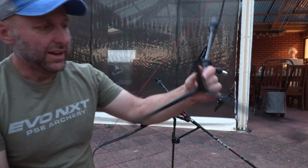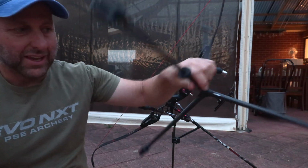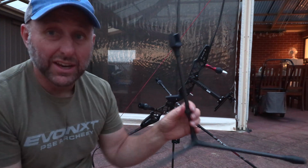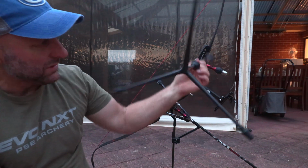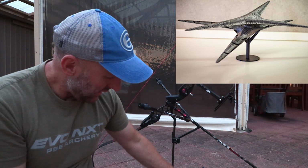Okay, that's clearly an object of beauty. Look at that, nicely put together. It looks like it comes out of Star Wars. It could be a spaceship, and it's